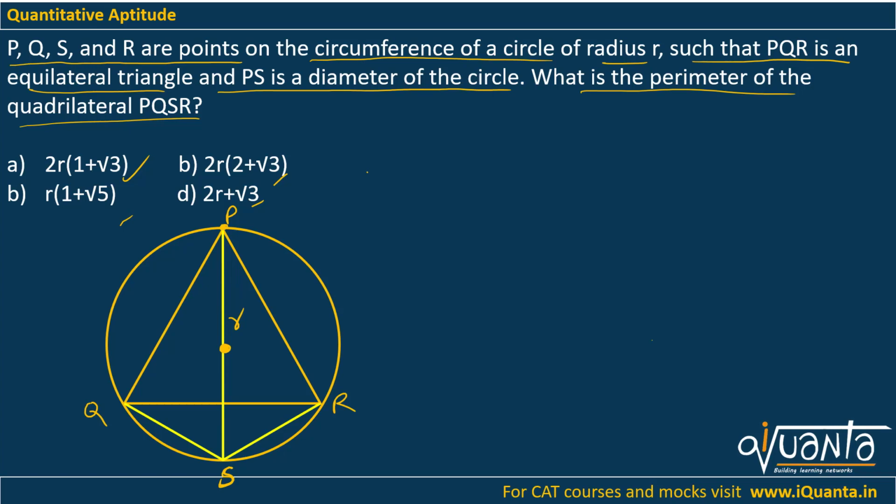So this is an equilateral triangle. Let me say that the side of this equilateral triangle is K, okay? I want to find out the value of this K. How can I do it? I'll tell you a formula today. I will join these two, okay? Let me call the center O. So I've joined OR. This will also be equal to R, right?